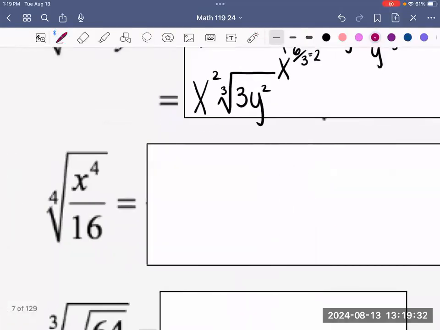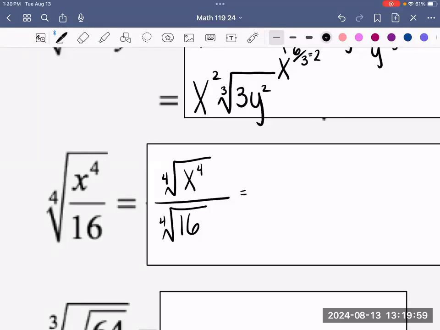So for example, the 4th root of x to the 4th over 16. If we're looking at these, obviously the variable can't really divide by the number, so we break them up into little mini problems. Separating them out, we have the fourth root of x to the fourth. Notice that they are the same number on the outside as the inside, so we get to use the absolute value of x